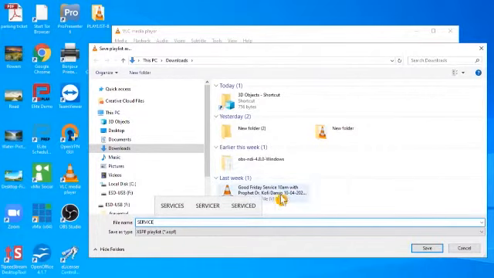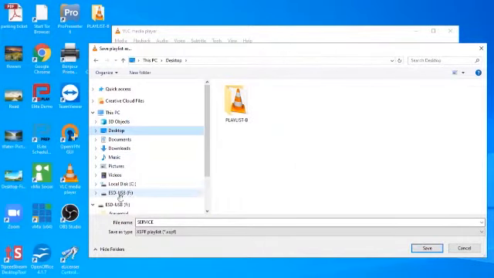And also wherever I want to save the files, I find that location. In this instance, I want to save it on my desktop. So I'm going to choose desktop. I could be saving it anywhere on my USB drive if I need, but this time I want to save it on my desktop. I am going to create a new file folder, and I'm going to just simply right